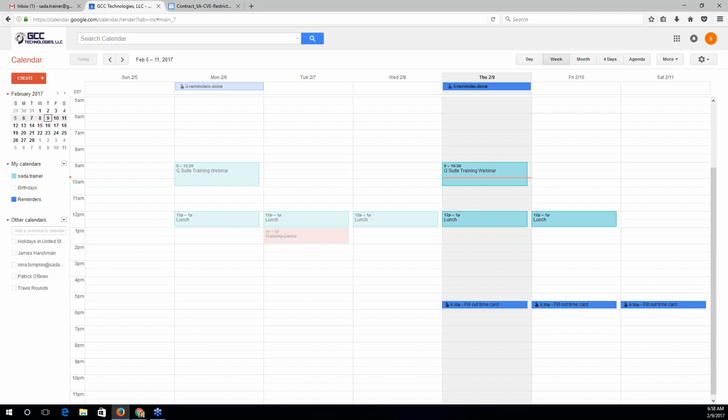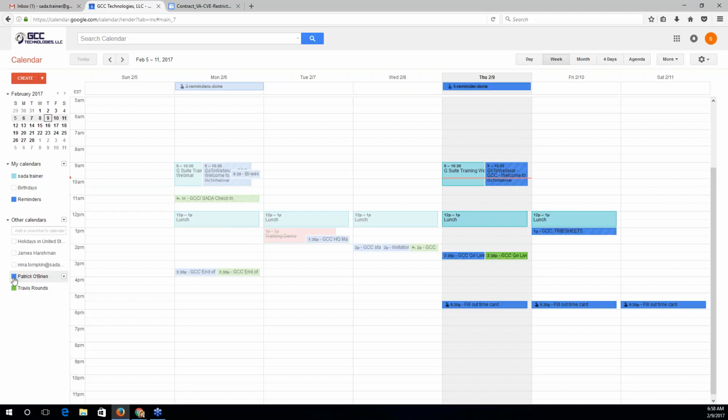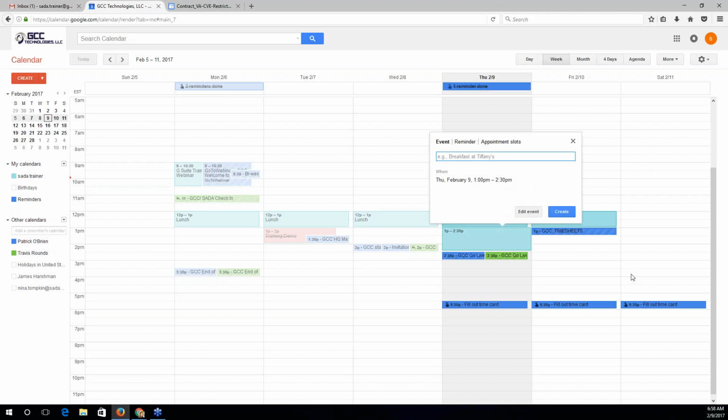But below that, in the other calendar section, this is where you can view your colleagues' calendars within GCC. So if I wanted to see what Travis's schedule looks like for the day, or Patrick's, note that I can simply either search for them, so this is connected to the directory, or if I've already pulled them up, you can just click on their calendars. A color will be associated with them, and now I can see an overlapping view of their schedules. So that's how you can check when it's a good time to schedule a meeting with someone. Basically, any time that's not either my calendar color, theirs, is free for us to meet.